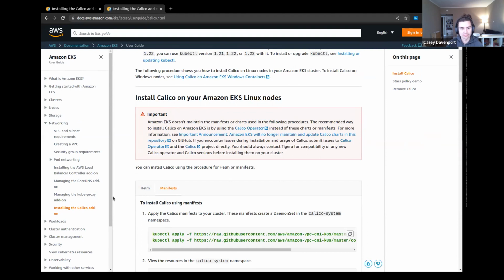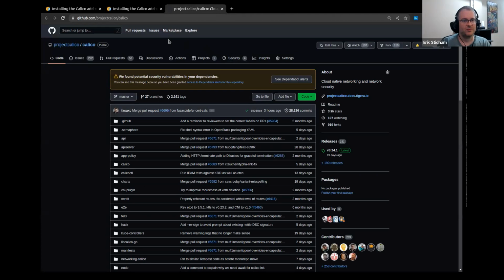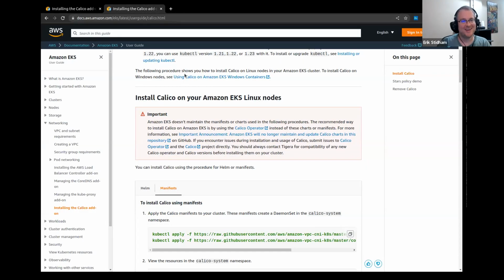Is this where we want it? Because I remember trying to find this in the Calico docs. Oh, that doesn't even go to the Calico docs. I thought there was a link on here that actually went to them.